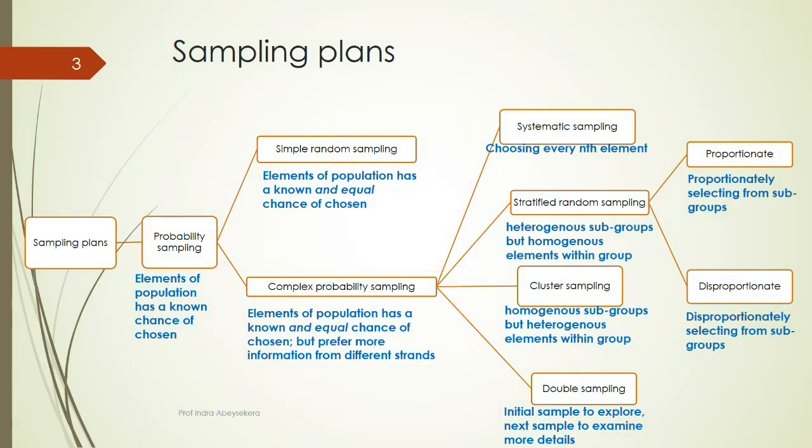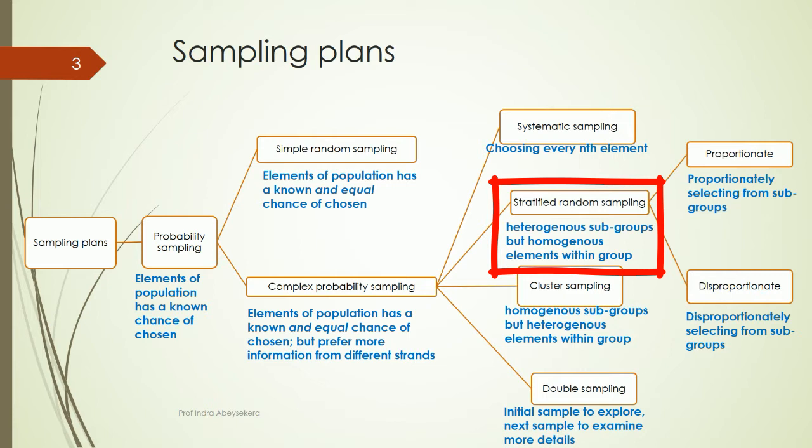So the first one is the systematic sampling, where we choose every nth element, say for example every fifth element in the population. The stratified random sampling is another one under that complex probability sampling, where there's